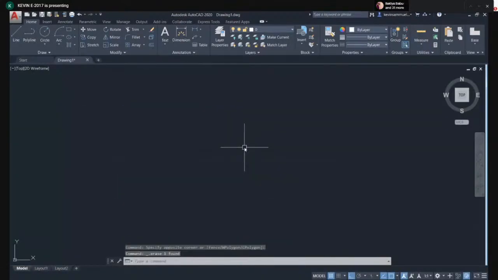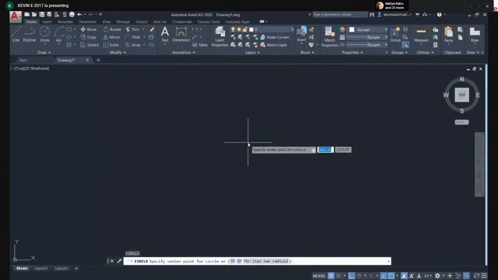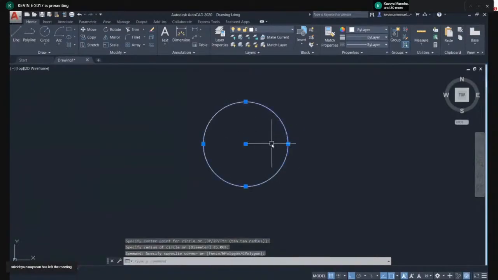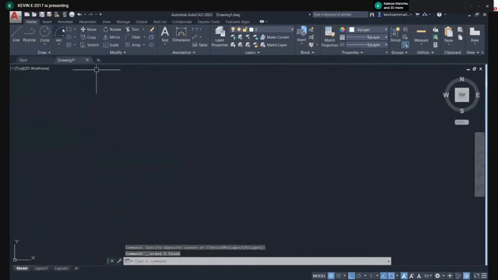And for circle, you press C, space or enter. You click the center point of the circle and type the radius, however much you want, and you get the circle. And next for the arc,